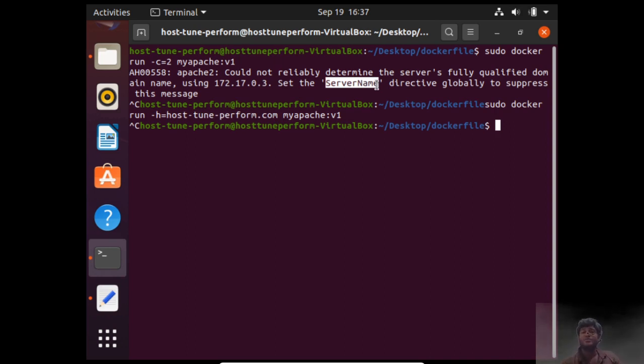If you add it this way, other applications which will be running on the Apache server will have issues. This server name is actually picked up by this tag. So this is how the working of Docker is, and if you understand the working of Docker, you will be able to do the work on Docker professionally.